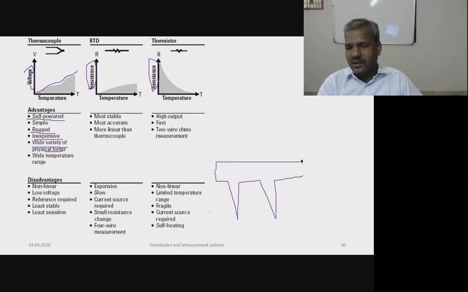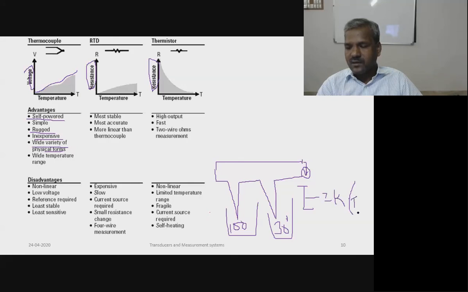If we connect a voltmeter here, say this is the measuring junction and this is the reference junction. Suppose the measuring junction is 100 degrees Celsius and the reference junction is at room temperature, 30 degrees Celsius. You know the EMF generated from the thermocouple is K, the gain or sensitivity,